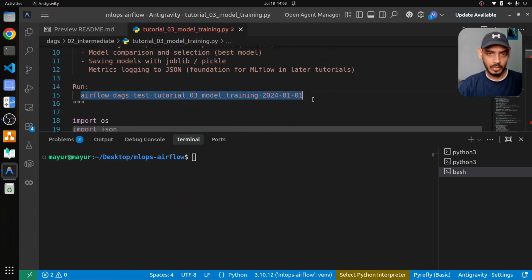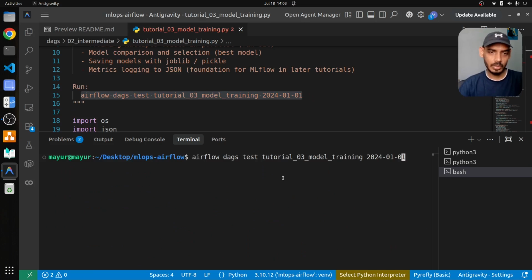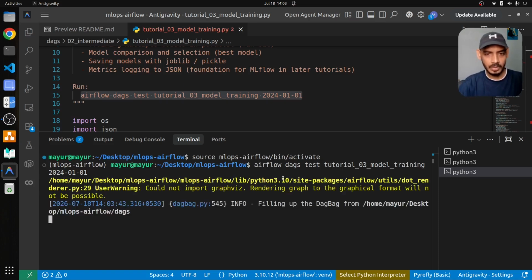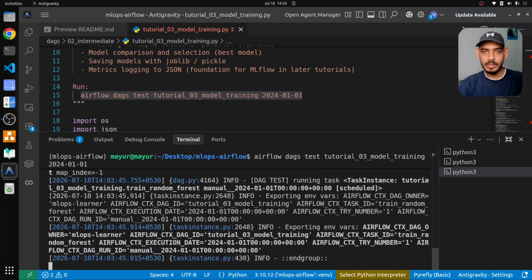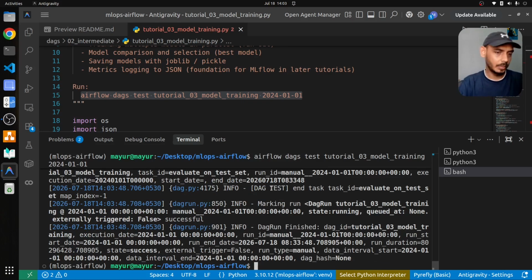We copy it here, and if it is up and running, we can paste it here. Before we do this, we have to switch to the MLOps environment, so let me go to source MLOps, then activate, and then copy paste this. Now that we have executed our Airflow web server, scheduler and DAG script, we can go ahead and see our